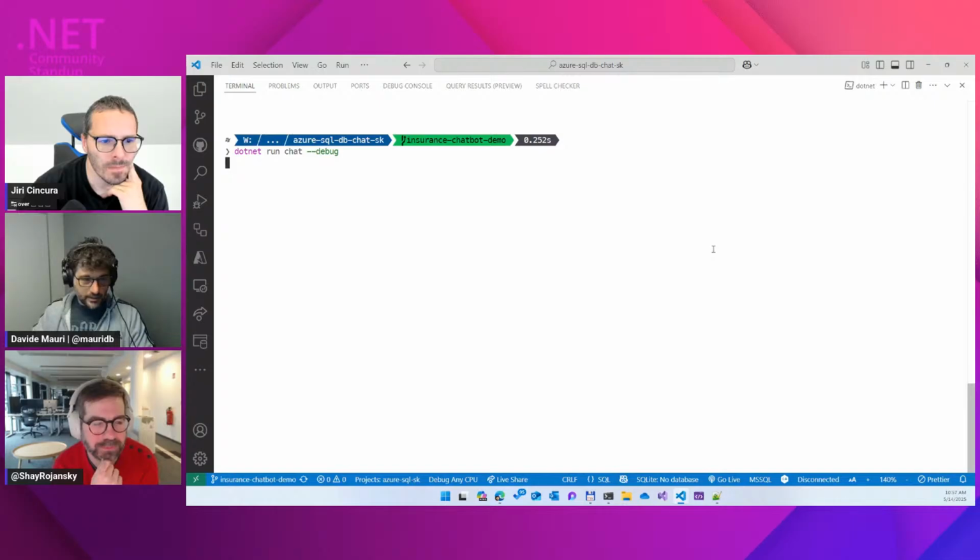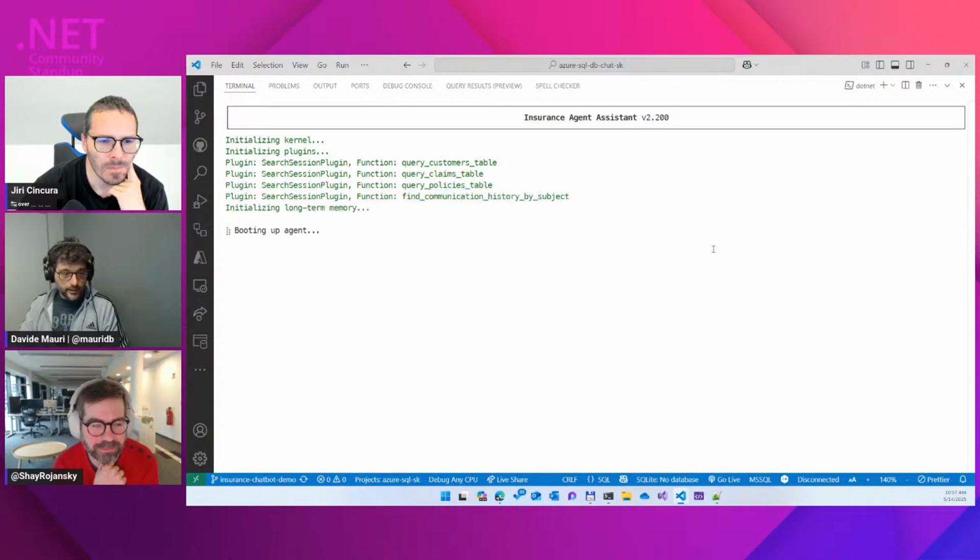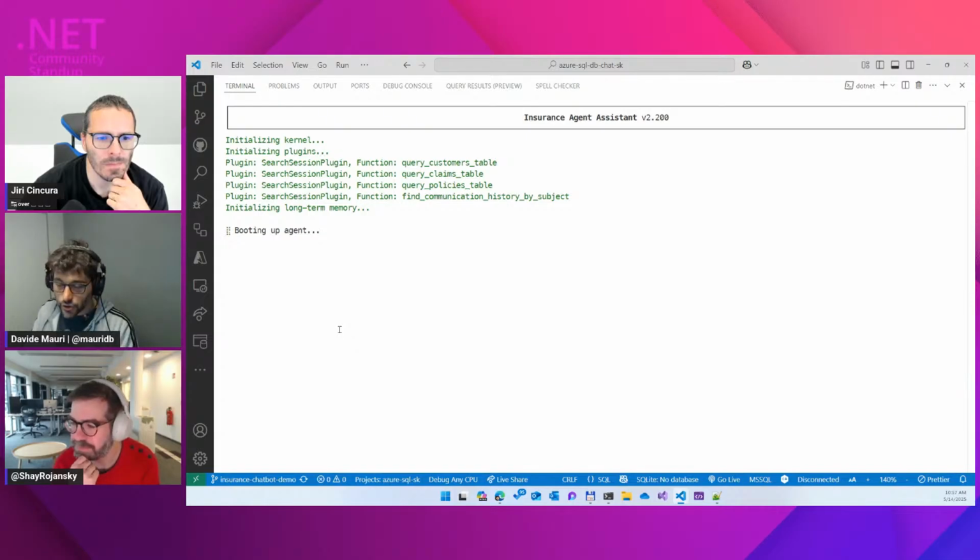And systems are complex, I'm new, and I need to meet someone today. What can I do? Well, if I have an AI agent that is able to help me, I can just start to talk with it, right? So here I'm using Semantic Kernel, generating some dynamic plugin that helps Semantic Kernel understand how to query the database. And then as soon as this starts, you will see that I can start to chat with